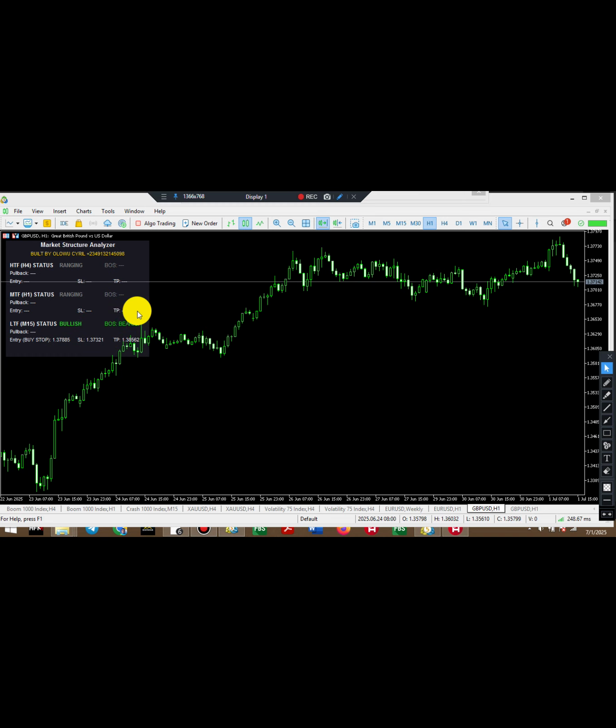You can select any time frame of your choice, but understand what price is doing from the higher time frame down to the lower time frame, so that if price is pulling back, you should know where price is pulling back to and how you should take your entry. This time around, you're not doing the analysis any longer. All you do is check the key level of the higher time frame, like what we had